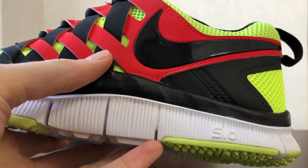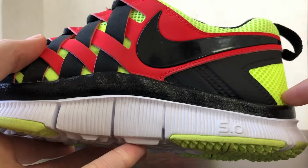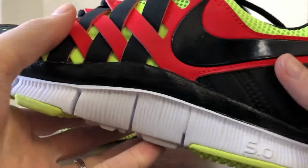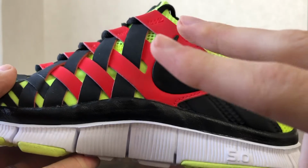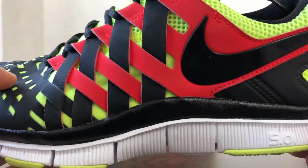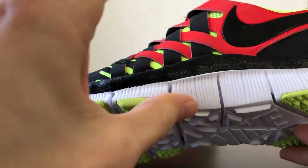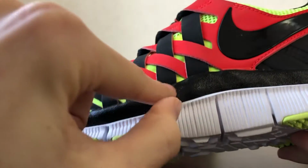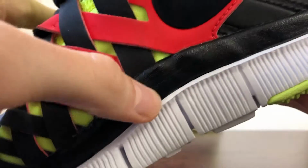which the way Nike Free works is that there was a 7.0, 5.0, 4, 3, and 1.0. So the lower the number, the closer to barefoot feel that you've got, but I don't know if I really believe that. So speaking of the midsole, it also has this really ugly black foam or rubber running